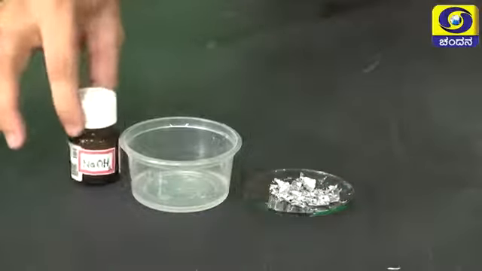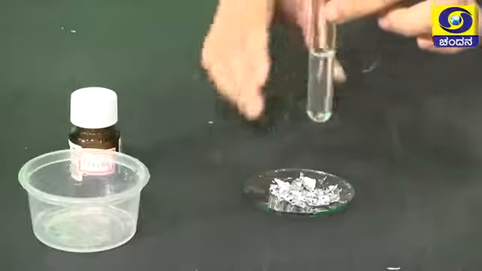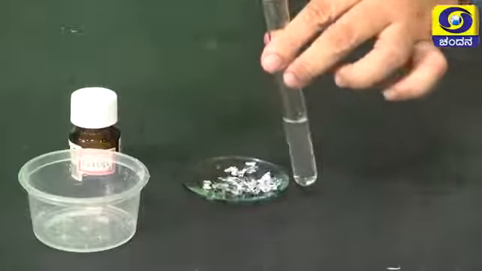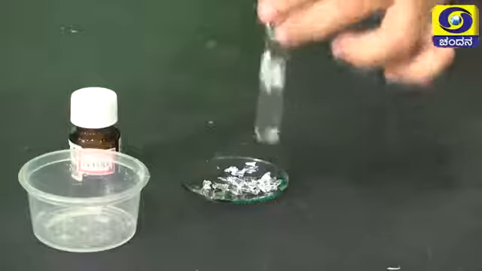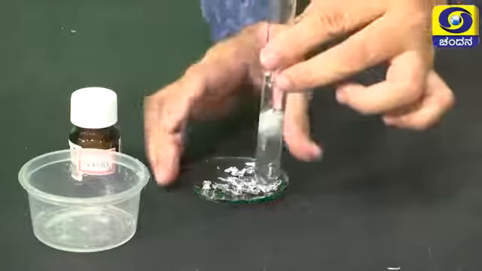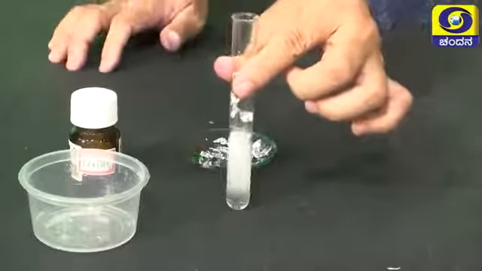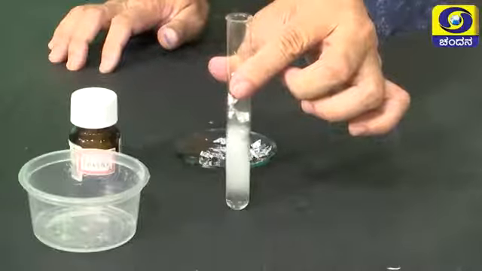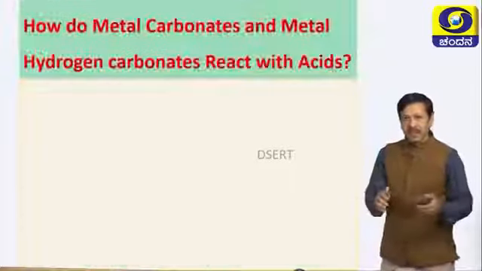Here sodium hydroxide solution is prepared. I am taking it in a test tube. Let me add a small amount of aluminum. So this is an aluminum strip prepared from aluminum foil. Now you are observing the reaction. Hydrogen gas is produced. See the vigorous reaction. Now let us move on to the next slide.